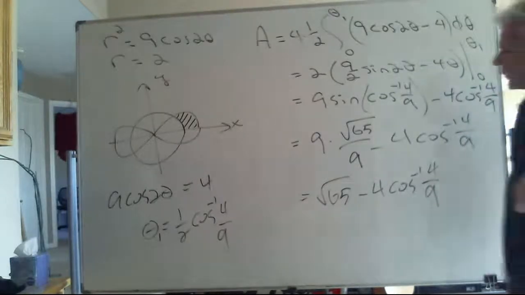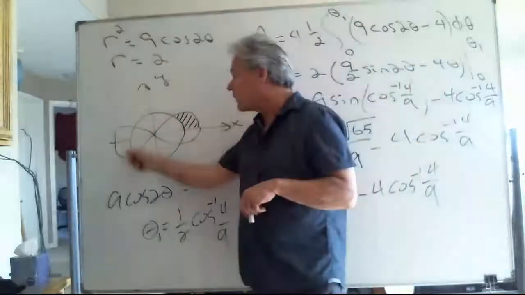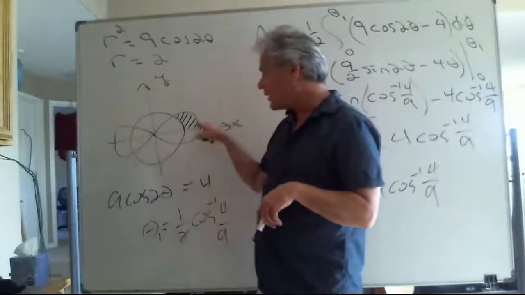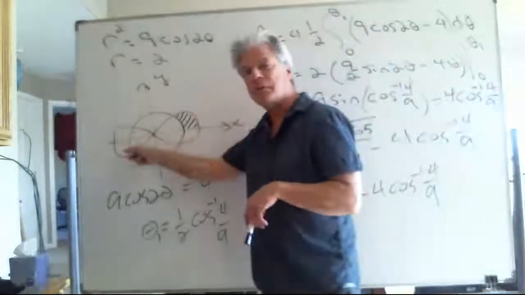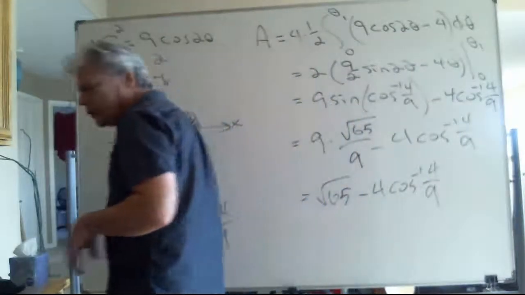Barring any arithmetic errors, that is the exact area on the outside of the circle, but inside the lemniscate. I've only shaded in 1/4 of it, but this computes all 4 portions here, here, here, and here. One tool left, our